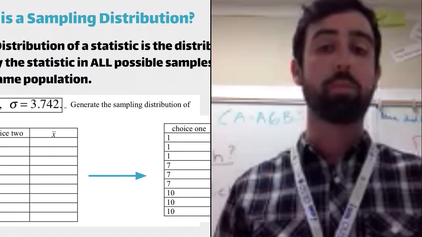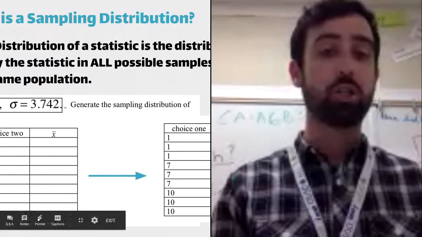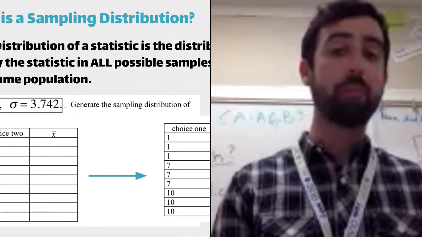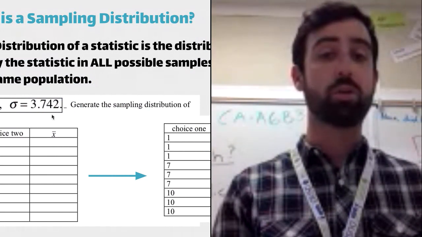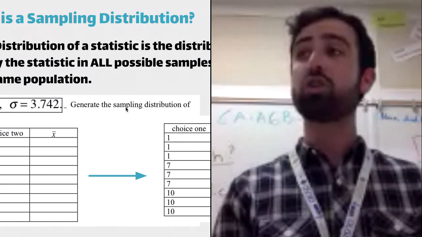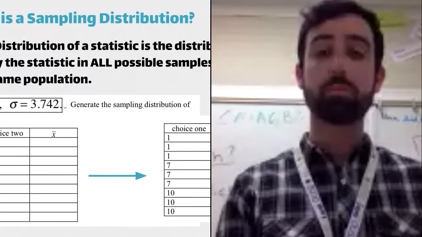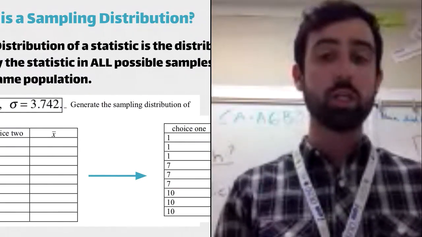So I broke it down to a population of 3. If you look here, my population is 1, 7, and 10. The population average is 6. The standard deviation is 3.742. In order for me to generate a sampling distribution, I need to choose every possible sample of this population and